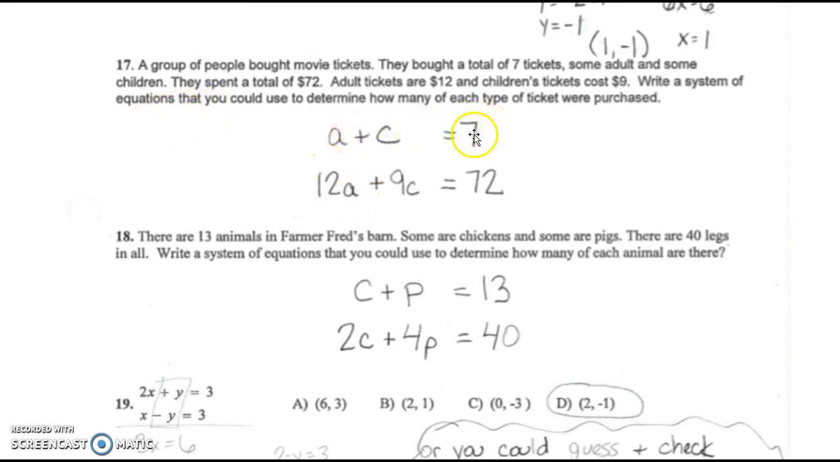Here's an item total, and then this whole equation has to do with money. 12 bucks times the number of adult tickets and 9 bucks times the children's tickets equals 72 bucks. This one,